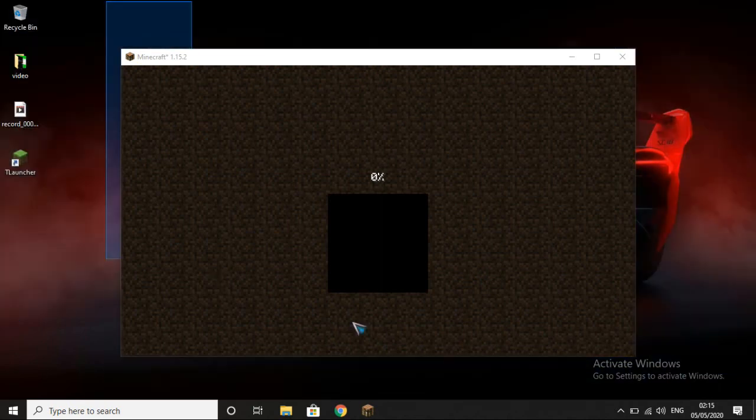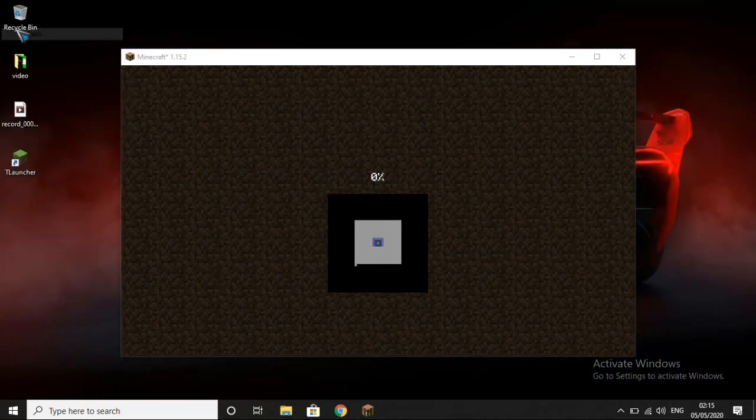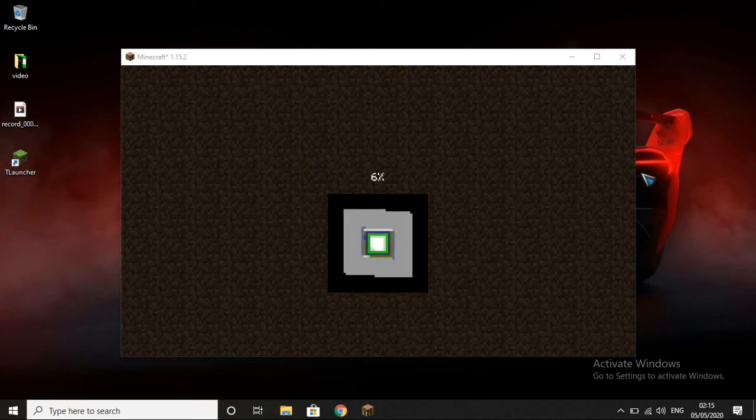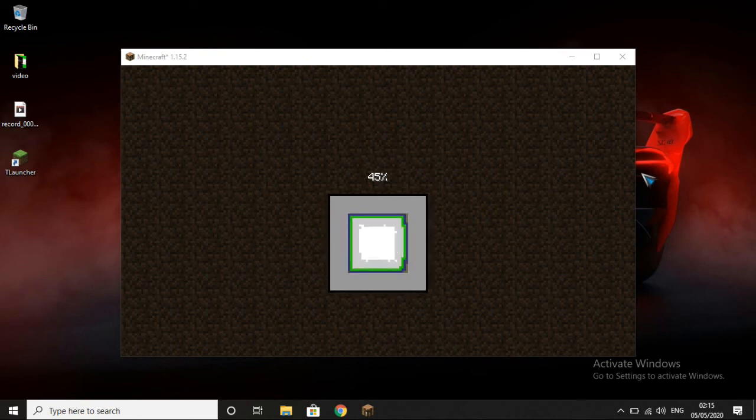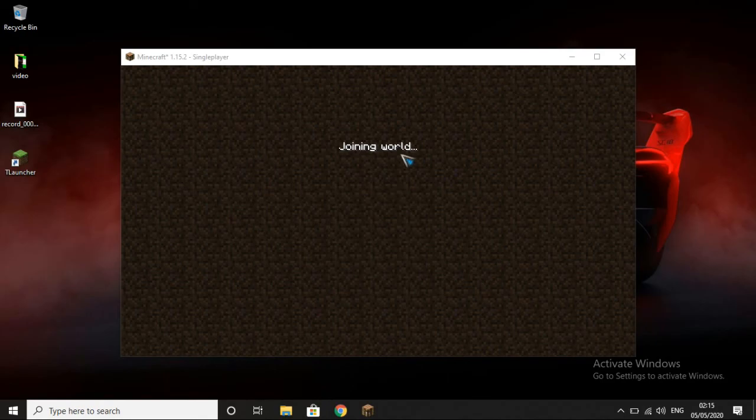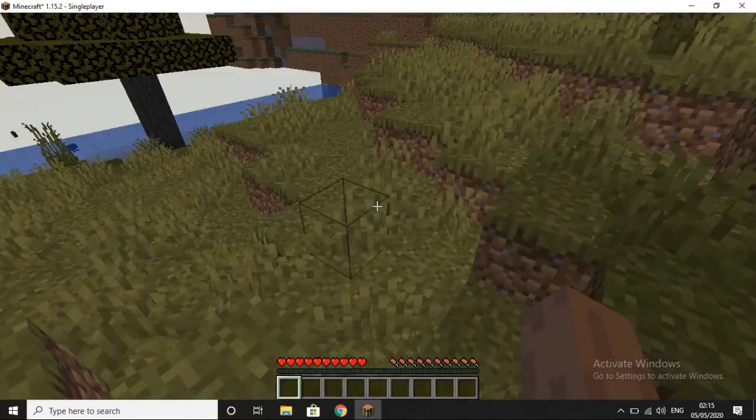I've sped up the process, not this one, but when I play the game you will see it faster, because I don't want you to waste your time. When you create a new world, it will take time if you have a slow processor. I have not a very slow, but I will say a decent processor, but it still takes about 15, 20 seconds, or maybe even 30. So just wait for it, be patient, and it will open the world. Here you guys can see.